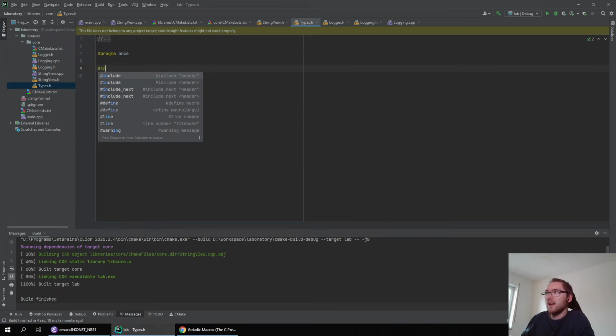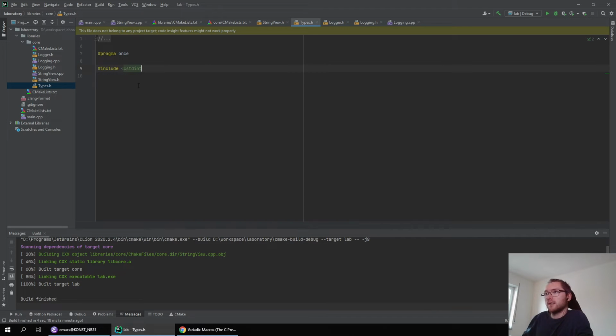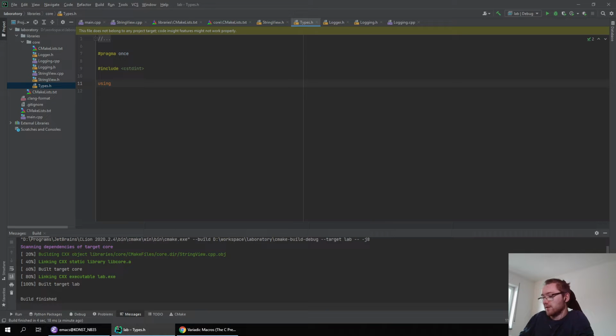So in this header I would like to include stdint, and then, because I don't know what the reasoning behind this was, but I hate the naming conventions of the standard library. Why is everything prefixed with _t? The semantics are absolutely ridiculous. So I will just introduce some aliases for me, which